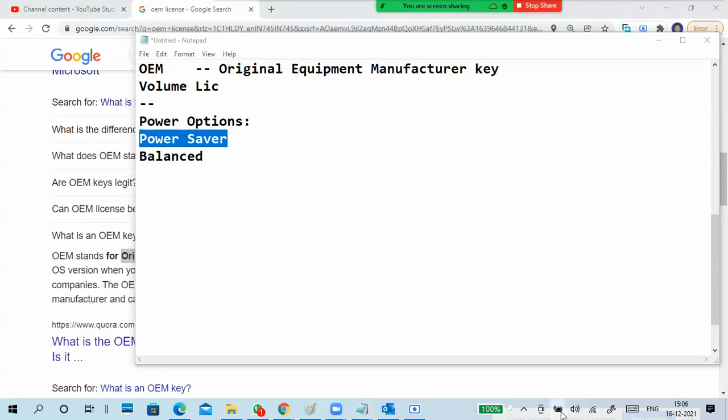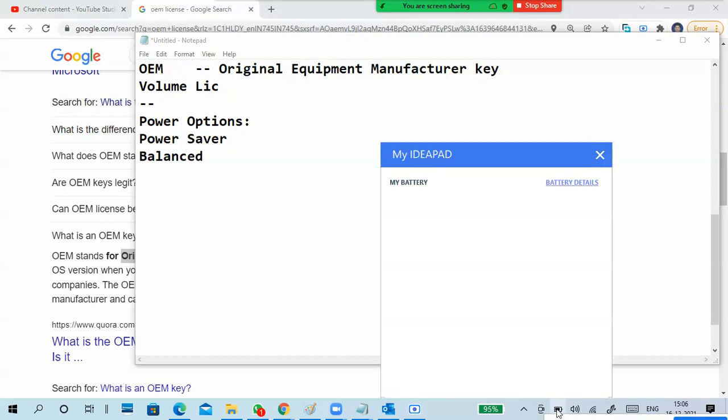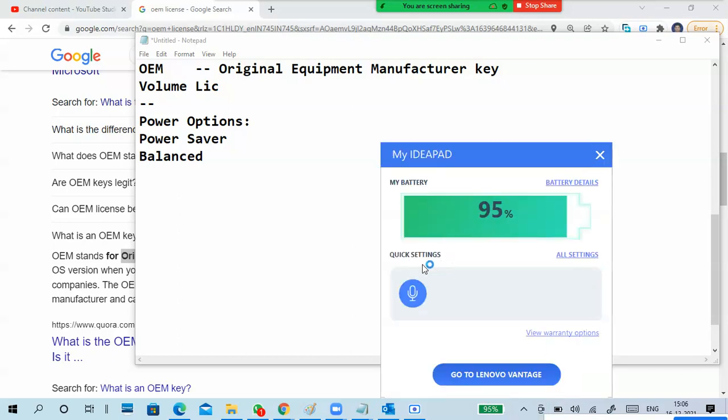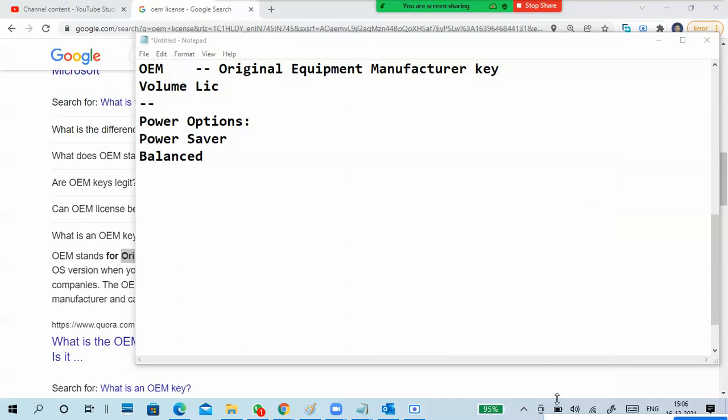You can click on your battery also, and you can change it. I'm removing my charger. See, it immediately dropped to 96%. So quick settings, all settings, Lenovo.